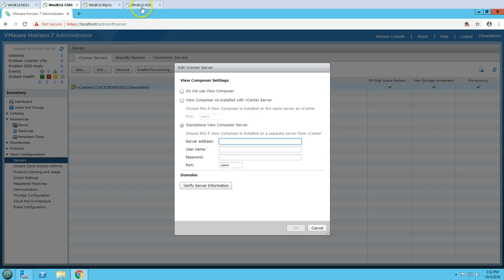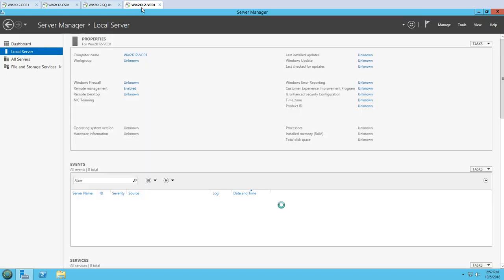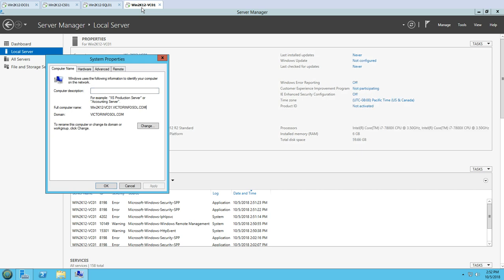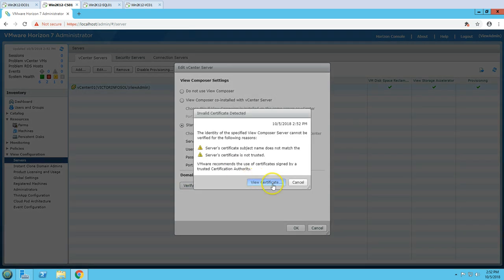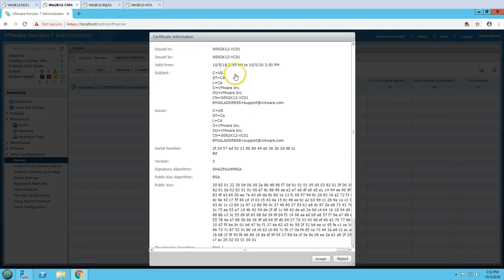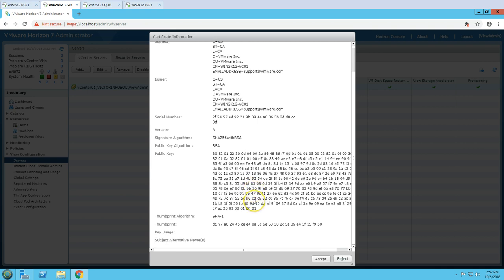The server name I'm going to copy from here, the full name of the server, paste it here, and the username and password. I'm going to use the same ID and password, so view admin, and verify the information. So this is Win2K12 VC01, and accept